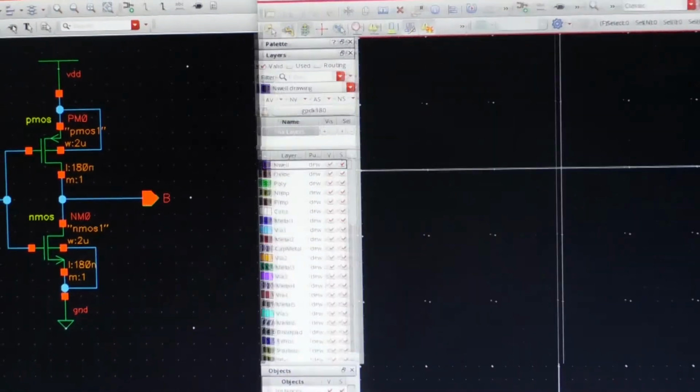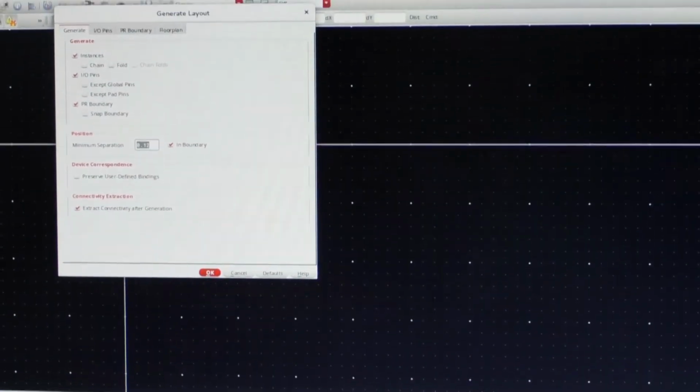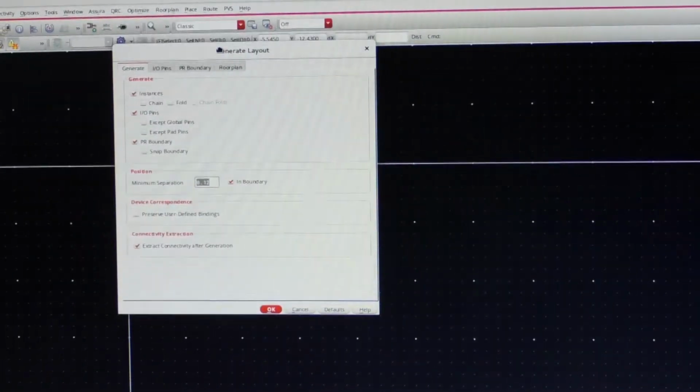See, this is the corresponding window to draw the layouts. And here the thing that we have to do is just click on these windows. Those are direct shortcut keys and generating layout.